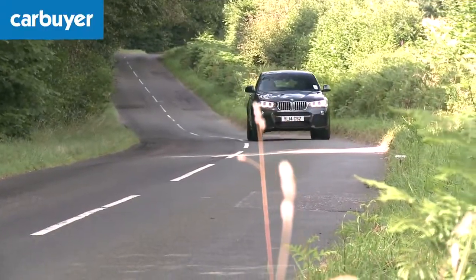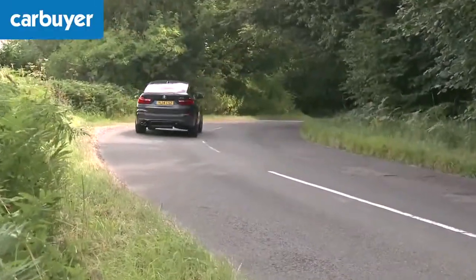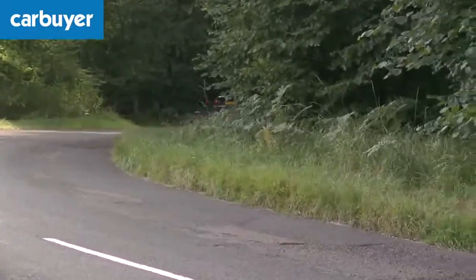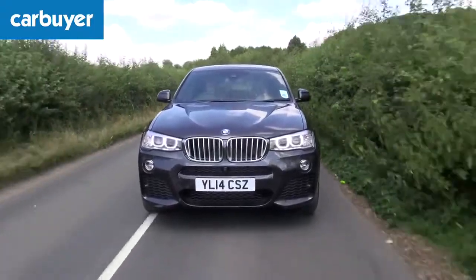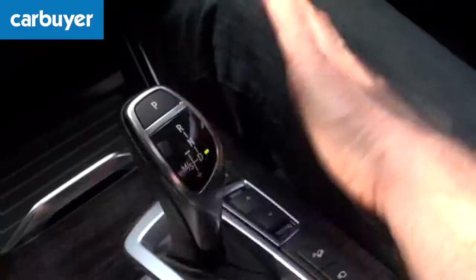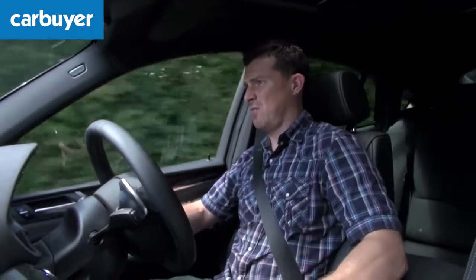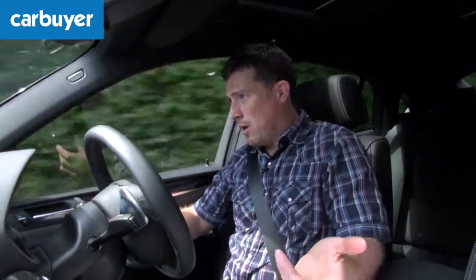The 3-litre models come with an 8-speed automatic gearbox as standard. However, it's an option on the 2-litre, but it's one well worth paying the extra for. Why? Well, it's because it's just so good. I mean, I like putting it in manual mode and controlling the gear shifts myself, and you're probably saying, well, why not just get a manual? Well, if you ask me,